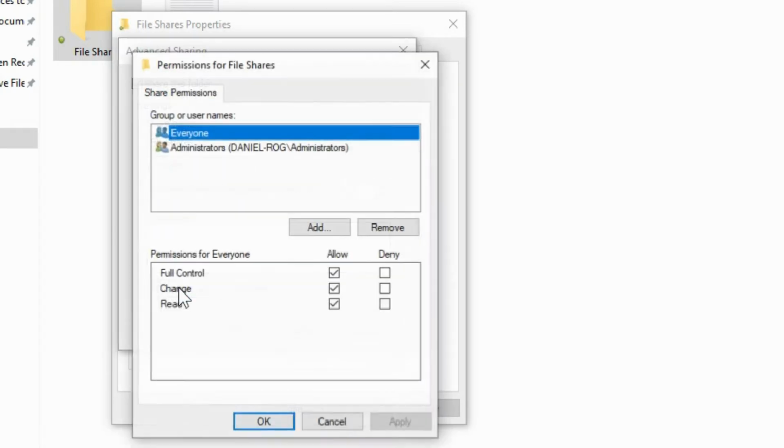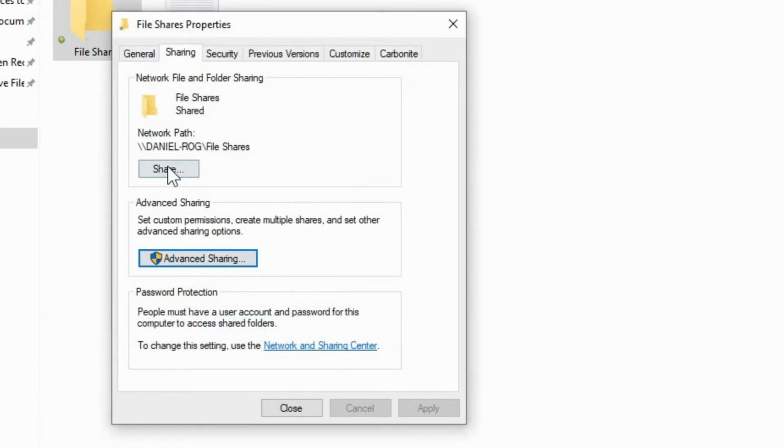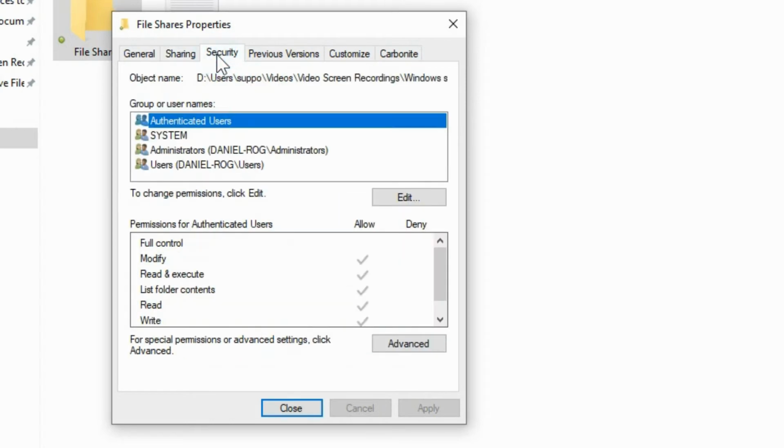Here you can go into permissions and you can control the permissions from here a little bit more than before. We had just the read or read write, which includes change, but if you want to allow full control, you can also turn that on here. But usually for permissions, like I said, most people will have everyone set to full control just for simplicity. So we'll just leave all that, so you can tell that all we had to do was go into share and set everyone. Now the next part is going into the security.